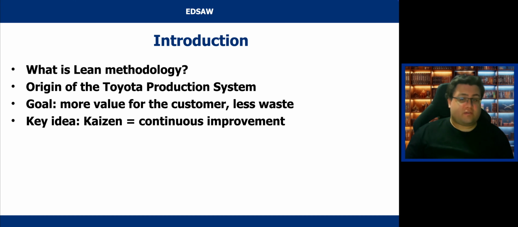The basic idea of lean is very simple: add value to the customer while eliminating waste. Each step in the process is only meaningful if it contributes to the value that customers truly appreciate. Everything else is waste, and that needs to be eliminated. An important element of lean is the philosophy of Kaizen, or continuous improvement. It is not about one-time change or a major reform, but about small, gradual steps that make work more